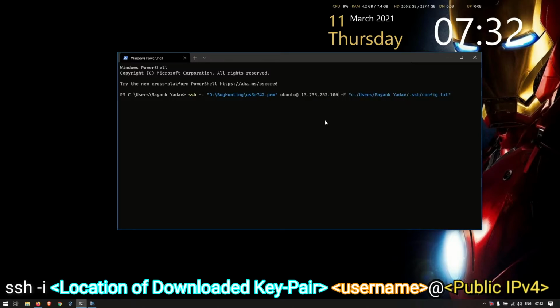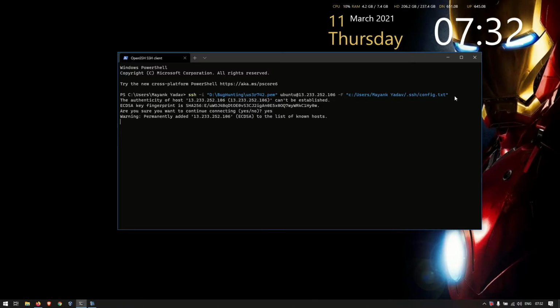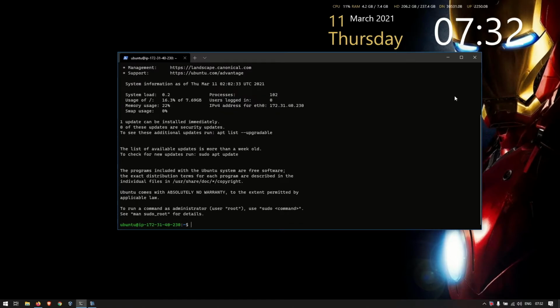That's all we need. This file, I added this file. This is simply going to ping it every 50 seconds, otherwise sometimes secure shell connections die. So just enter, say yes, and there we are. We are into our Ubuntu box on AWS.